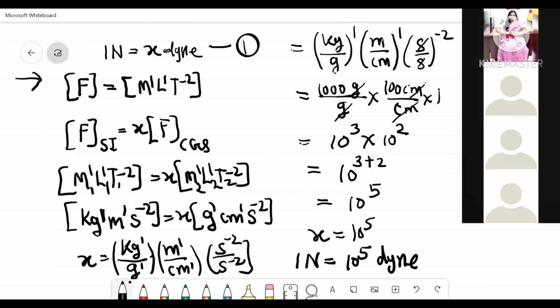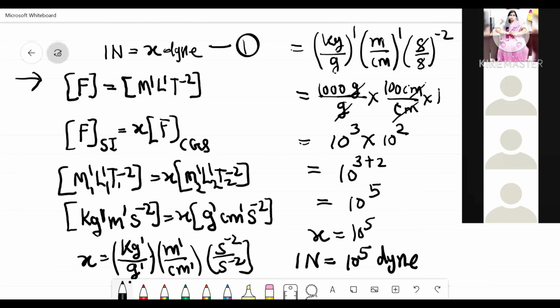Next step, on one side you write one system of units and on the other side another system of units, the left hand side and right hand side. Force dimension in the SI system, force dimension in the CGS system, multiplied by the conversion factor x. For the SI unit we consider suffix 1 and for the CGS system suffix 2: M1, L1, T1, M2, L2, T2. To differentiate the two systems of units, we write the suffixes 1 and 2. Have you understood, students?